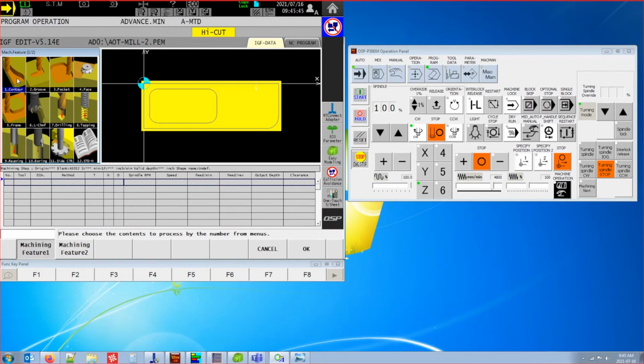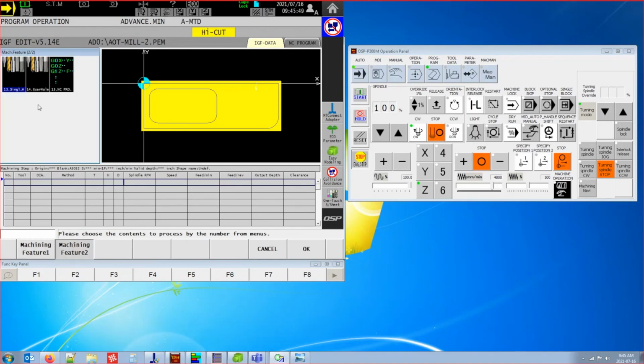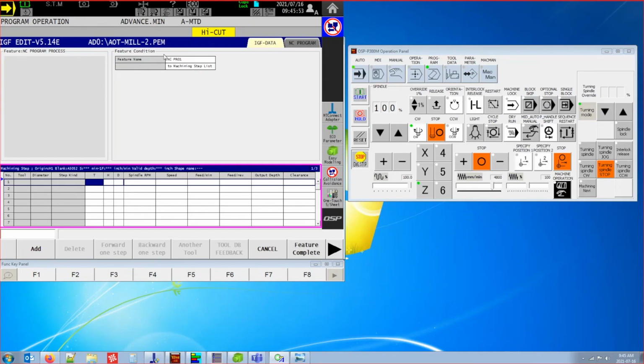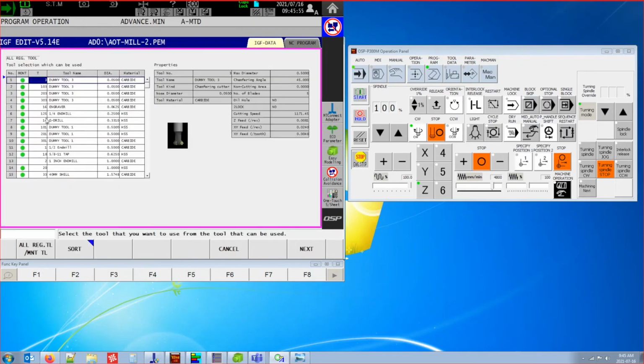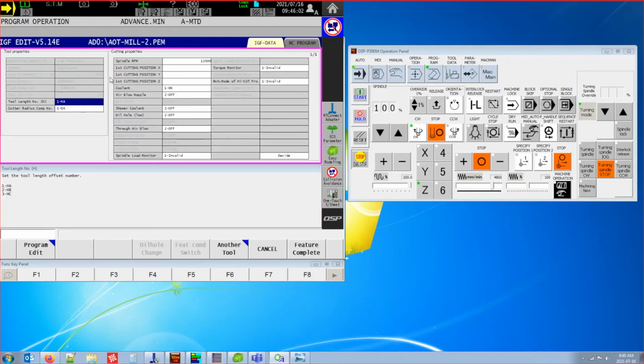If I go, instead of selecting contour, groove, or pocket here, if I go to machining feature 2 and I go to this NC program tab, it'll allow me to add. I'll want to pull a tool out. I'm going to pick an engraving tool. Got my spindle RPM. I'm going to go ahead and slow down my spindle to 5,000 RPM just because my first cutting position for this particular